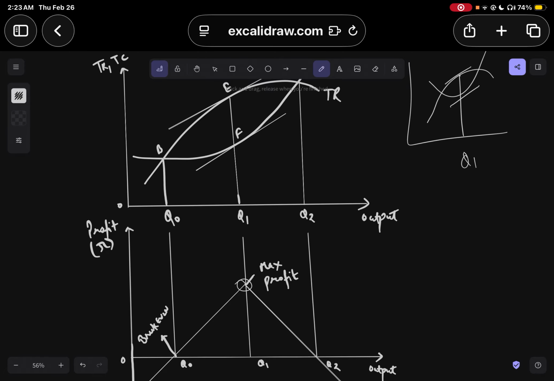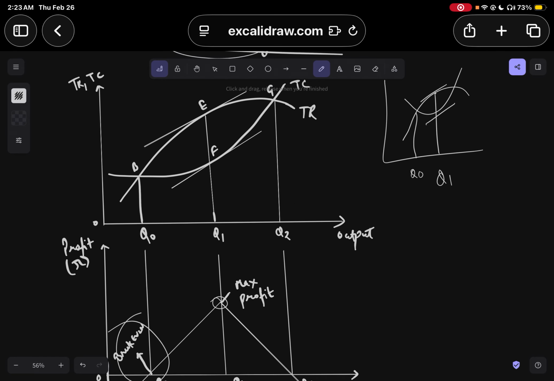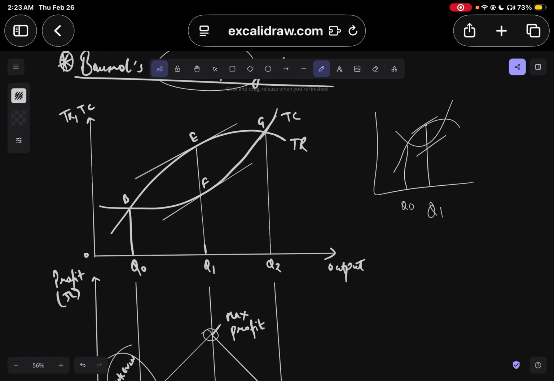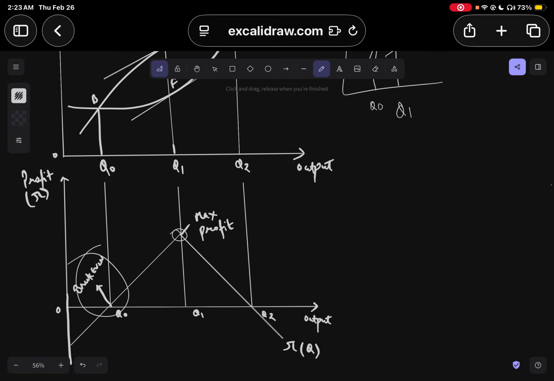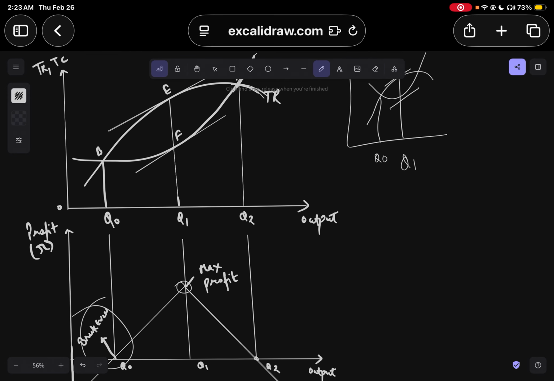At Q0, where they first intersect, is the point of break even, and at Q2, where they intersect again, is the point from which the total cost curve starts rising and total revenue starts falling. So obviously at this level of output, the profit is zero,